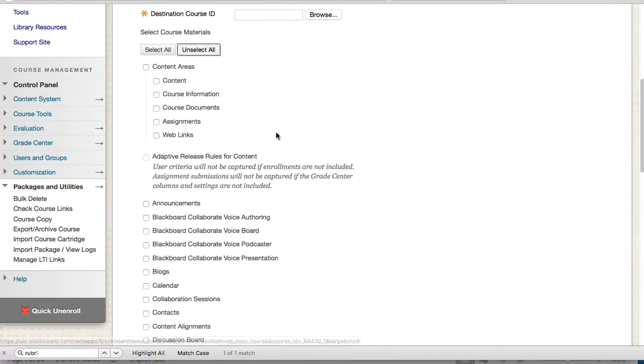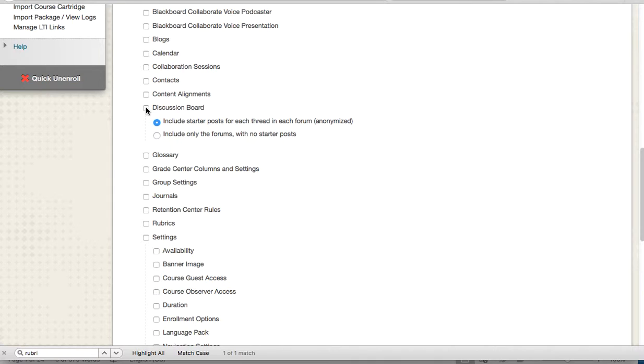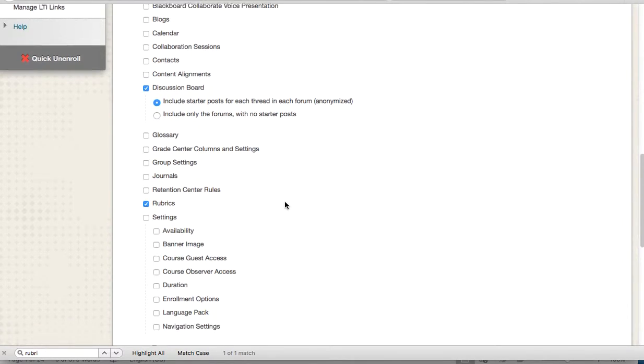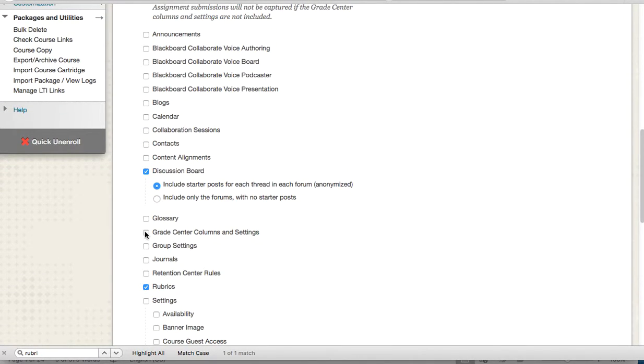But if you chose to select one box at a time, and let's say you specify discussion boards, this will only bring the discussion board itself and the first post if you so selected. It will not bring the rubric, and it will not bring the settings associated with grading. In order to bring the entire discussion board, you would have to also select rubrics and select the grade center